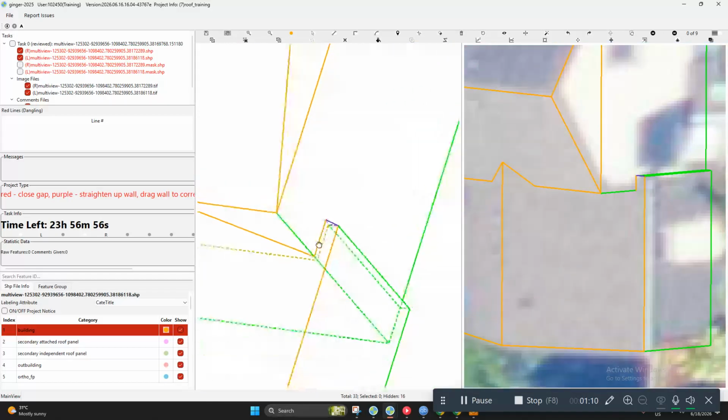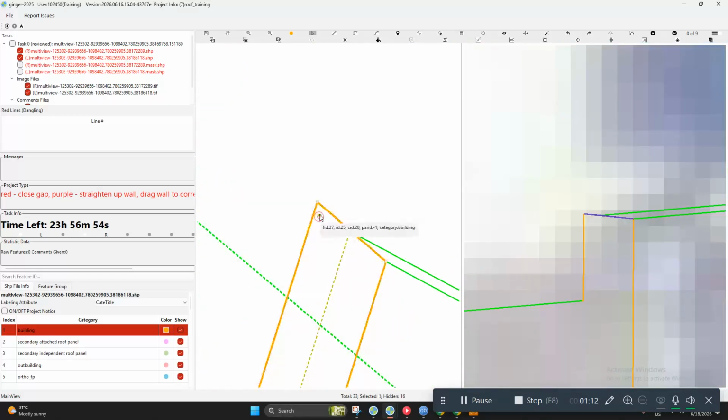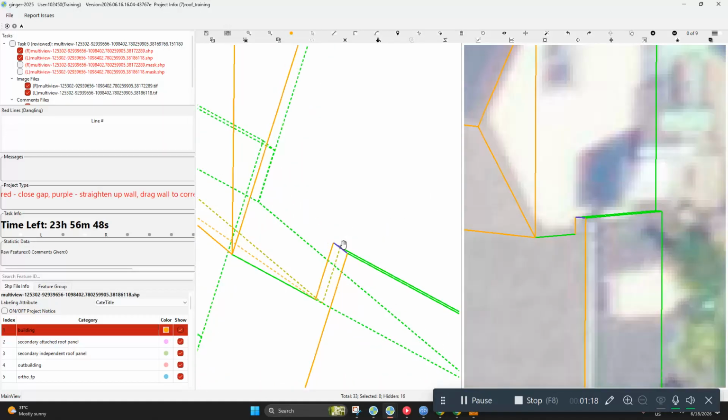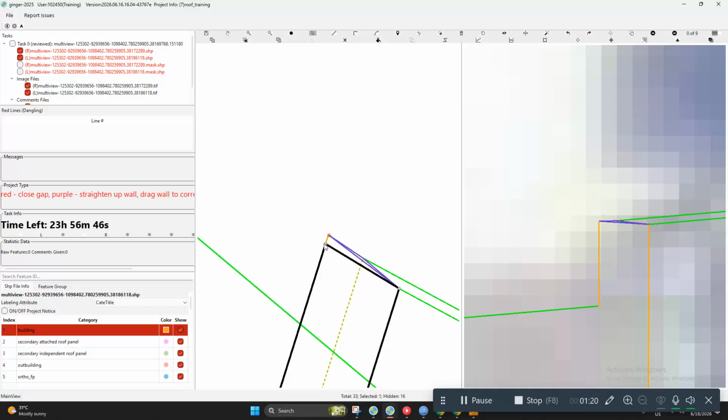Okay, so if for some reason we cannot fix this using Shift Y, we can try to adjust this manually, and then Shift Y again. So sometimes Shift Y won't work, especially if the error is too big. Again, let's try to use Shift Y.